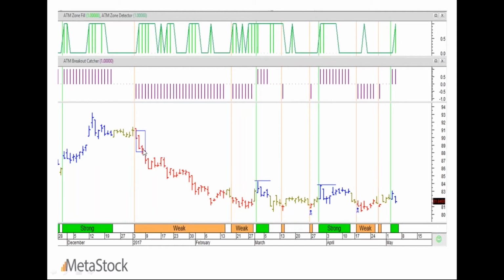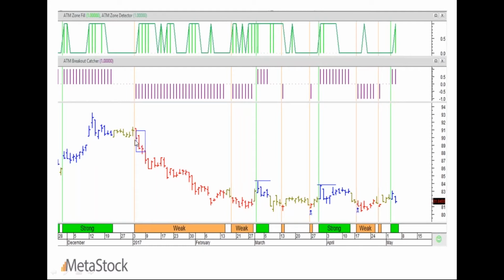So when you look at the breakout catcher, I want you to look right up at the zone detector. So you got a sell signal. Can you notice over here you've got the market in probably a dormant mode, but the next bar you see the market going hyperactive, which is why I would say this bar, which looks like probably the first week of January itself, was the breakdown, and that's where we could sell short or buy put options and get an idea that the market is going to crack.